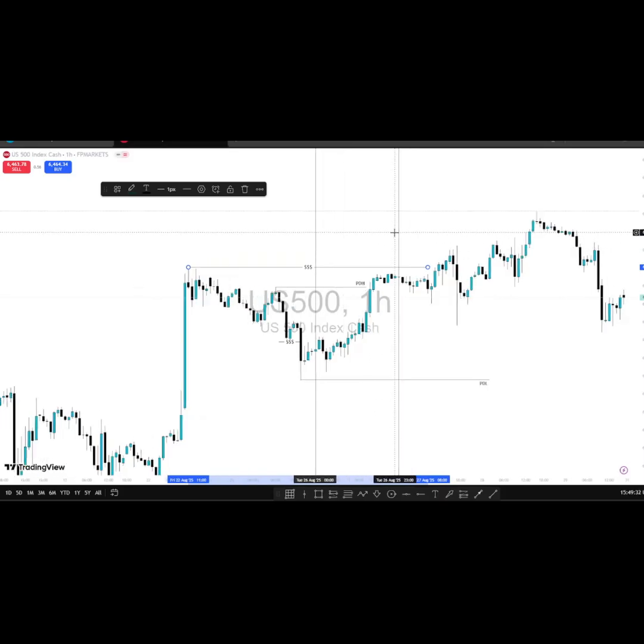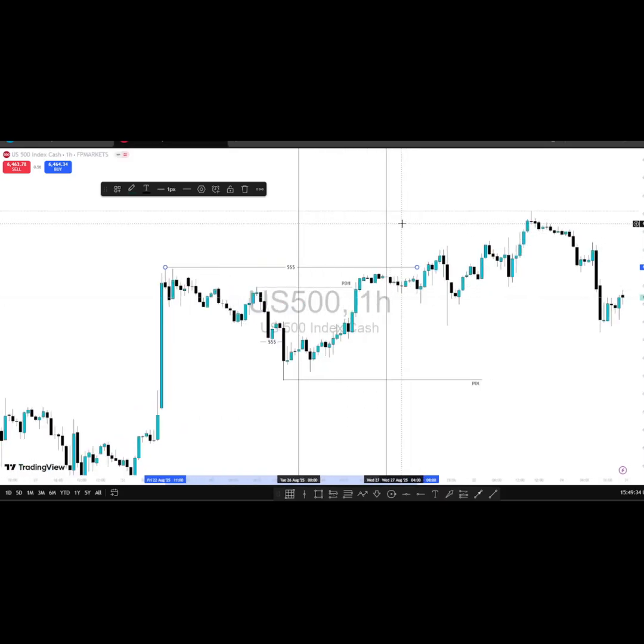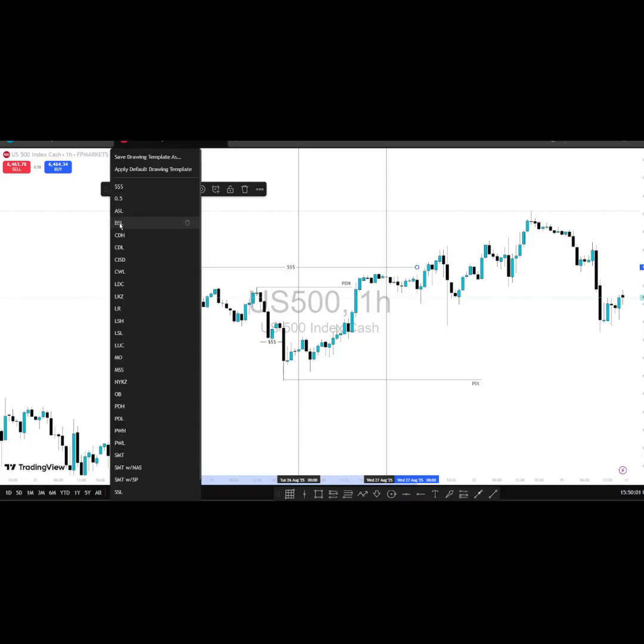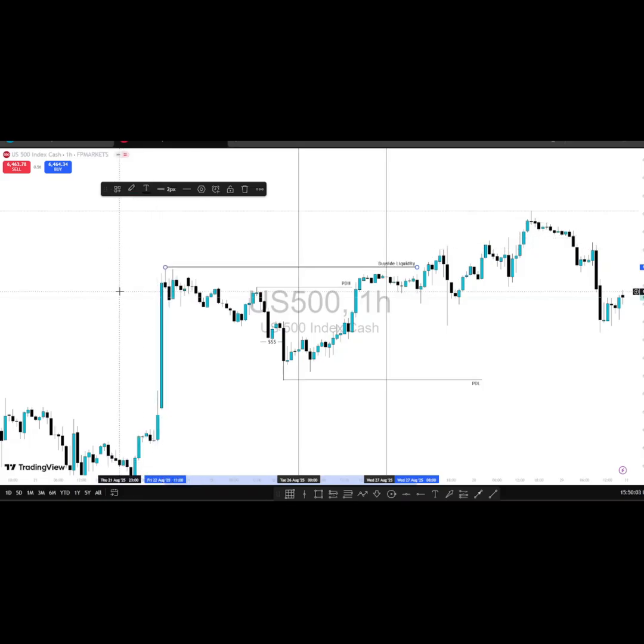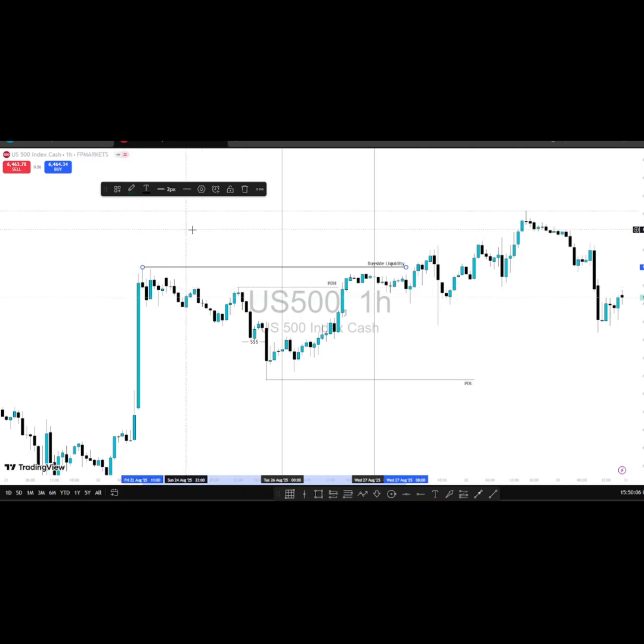Okay, so we have those levels marked on the 1 hour level, and you should note that I have started from the daily candle. I started from the weekly candle on Monday, then I came to the daily candle on Tuesday. Before I go to any other time frames, I started with the daily candle, and after that I am now on the 1 hour candle, where I mark my important price levels such as previous day high, previous day lows, my drawn liquidity. I'm sorry, this is not liquidity, it should be marked as buy side liquidity, and I also mark the swept levels.